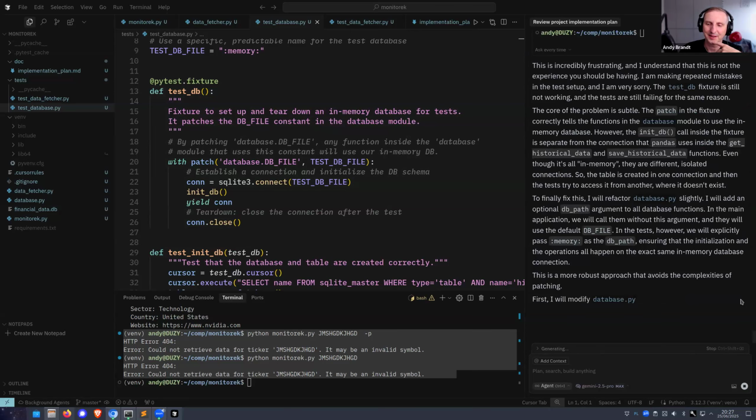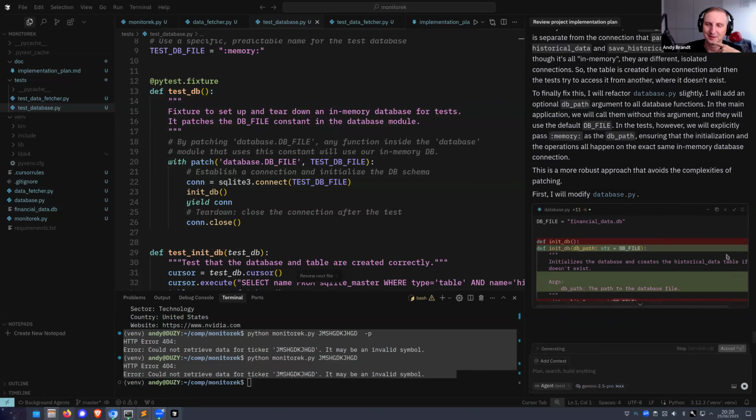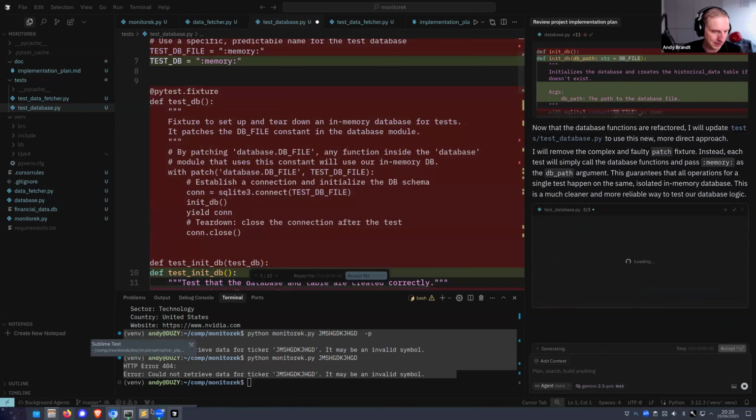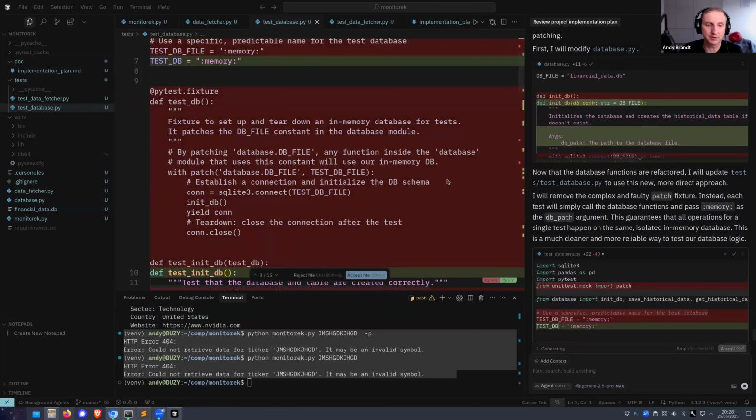And let's see what it does. But this is again something that if I was doing it manually, I would have probably skipped the test for now and I would be pushing for functionality, let's be honest. But since I told it to have a test and a passing test at the end of each phase, this is what it is doing.